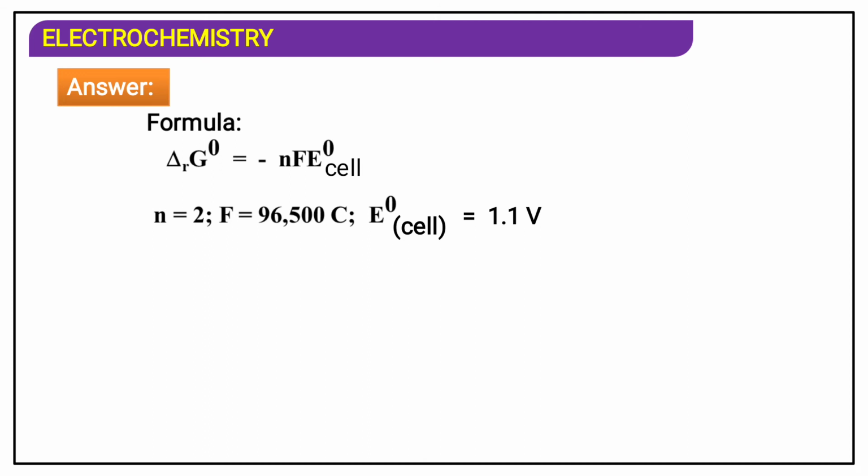And the Faraday value is 96,500 coulombs. In our cell, they are already providing E naught cell, that is 1.1 volt. Substitute the values one by one. In the place of n we substitute 2, in the place of F we substitute 96,500 coulombs, and in place of E naught cell we substitute 1.1 volt. Then we are getting minus 21,227